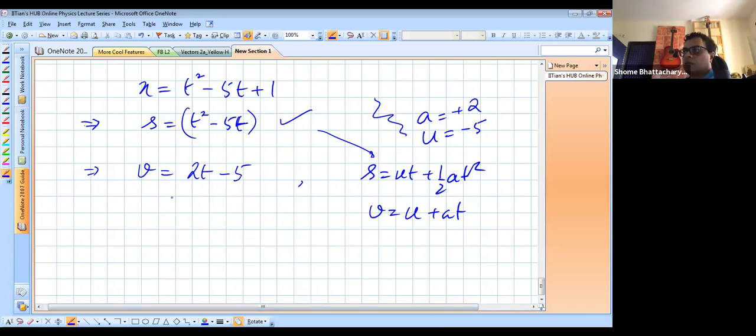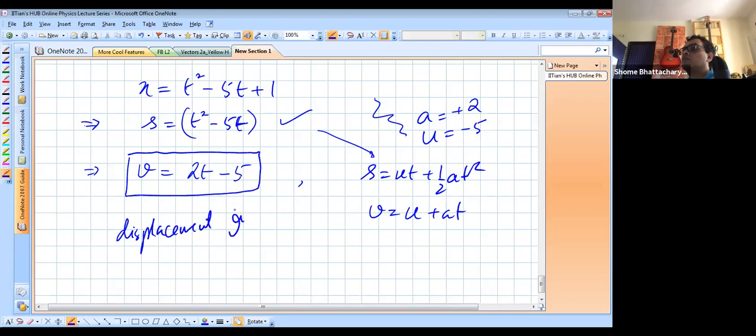Now, from this, can I solve the question the other way? That is, find displacement from 3 to 4 seconds. Or if I ask you something even more interesting. Let's say I also want to calculate distance traveled. Let's add that part to this question. Let's calculate the distance traveled from